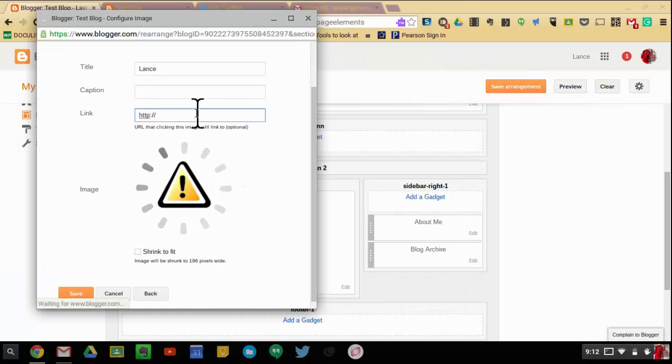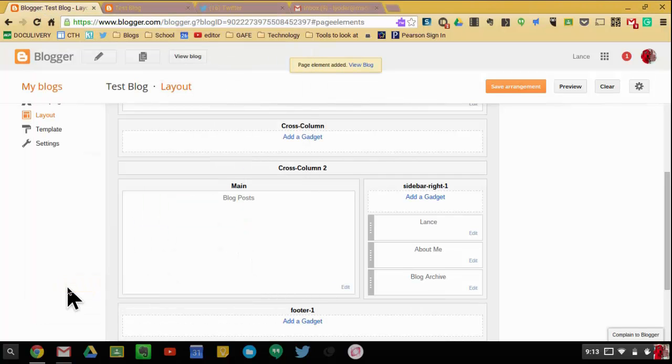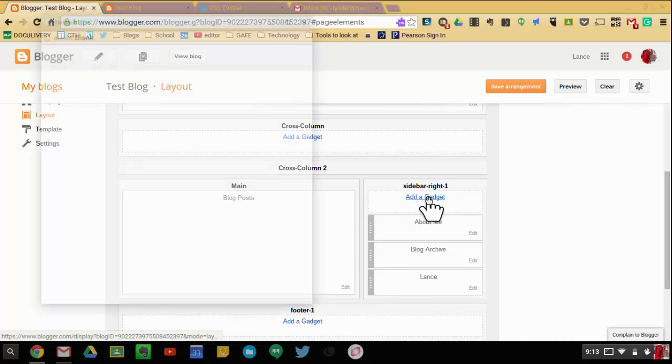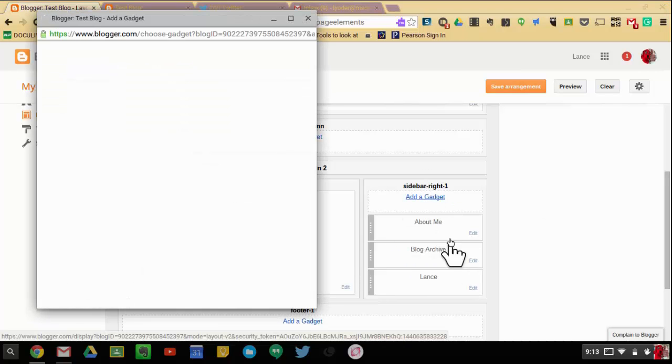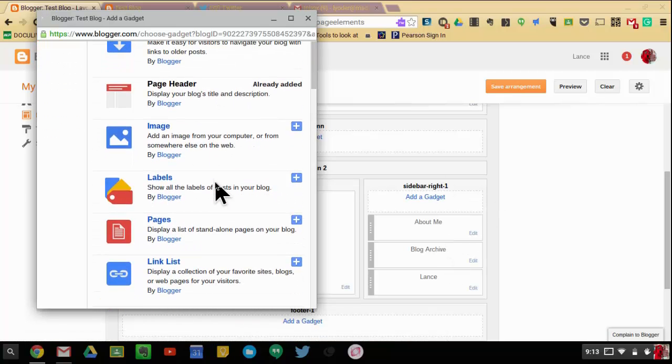Let's say I want it to go to a specific place. And we'll shrink it to fit. And we'll save it. That way, if I hit shrink to fit, it'll fit right here. So now I have this new gadget, it's called Lance. And I can adjust where I want to put this gadget, wherever I want. If I go back into add a gadget, I can add more gadgets along the side here, however I want to place them. So I can add labels,